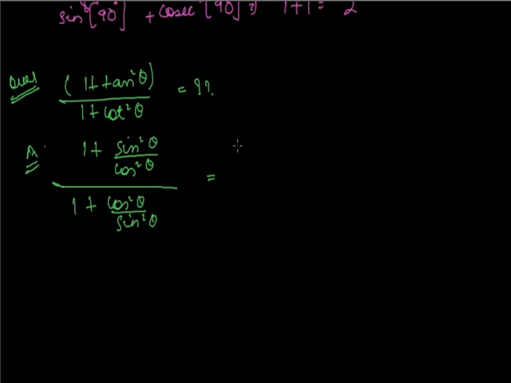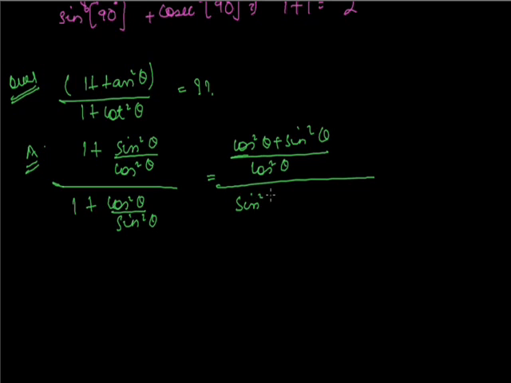By simplifying it, I'll be getting cos square theta plus sin square theta upon cos square theta divided by sin square theta plus cos square theta upon sin square theta. As we know that cos square theta plus sin square theta is always 1,